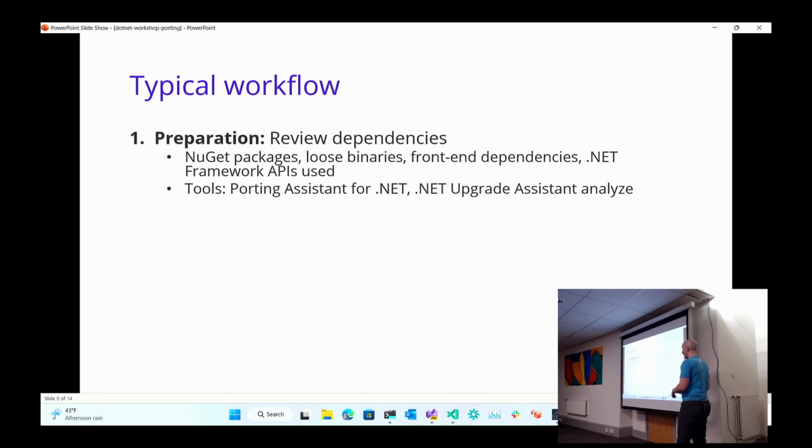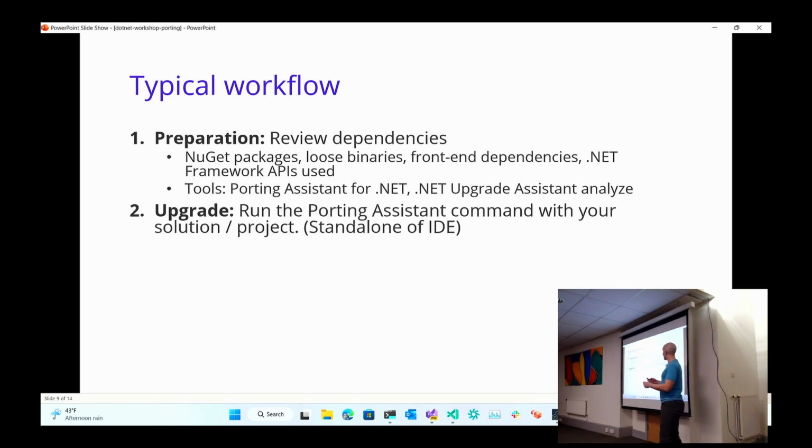And there are some tools for that. There's the .NET Upgrade Assistant, which is a command line-based tool from Microsoft. And then there's a Porting Assistant for .NET from AWS, which I'm guessing none of you have heard of. And if you have heard of, awesome. Guy in the back. But you're going to see it at the end, I promise. Some of these tools are really great because they actually help you do that itemized step. And again, this is low-hanging fruit that a machine can do substantially more efficiently and quicker than you can. So it's about limiting the amount of errors that could potentially be reduced if you're doing it yourself.